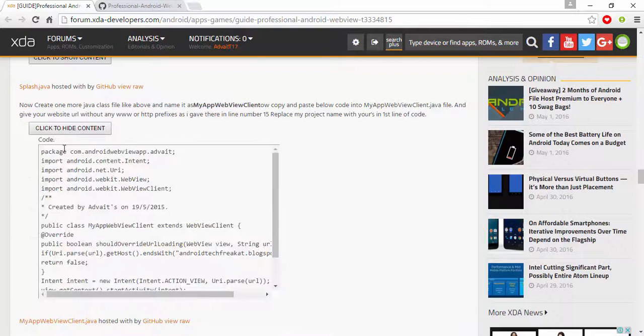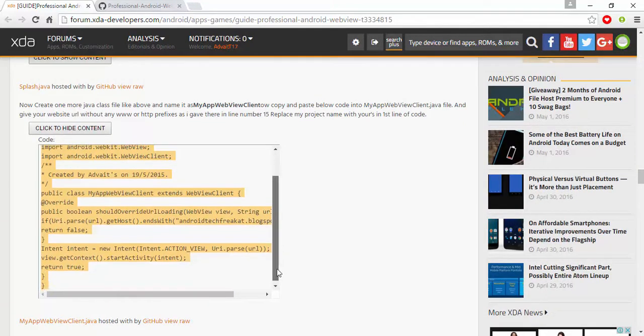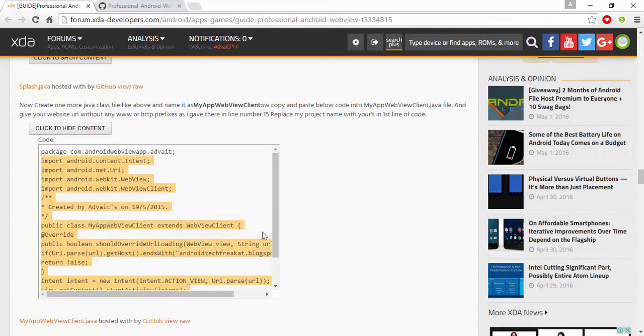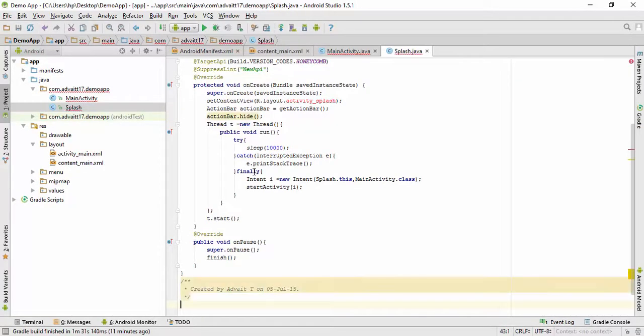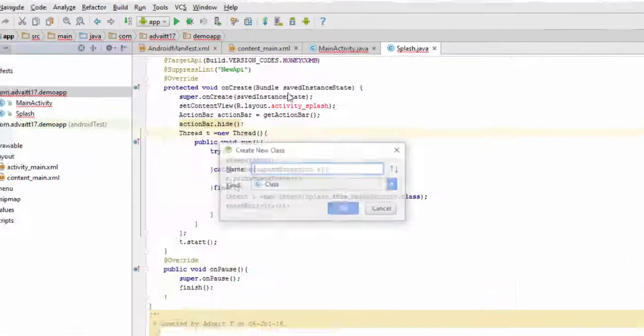Now we have to again make a new Java class, that is my app web view client. Here also it is the same, copy it from the second line. So now it has been done. Now we have to make again a Java class, that is my app web view client.